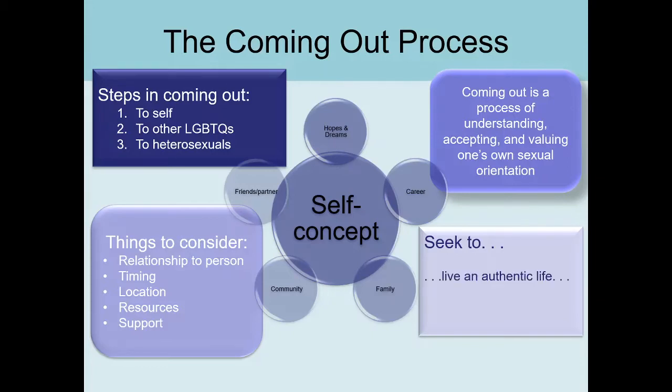Overall, what you're seeking to do is to live an authentic life while also avoiding discrimination and rejection, right? We would all like to live our true, authentic selves, where we are being honest with ourselves, not being full of denial or any of those things that John Gottman says are so harmful in relationships, where we're stonewalling or not really wanting to deal with the truth. So all of us are seeking to live authentic lives, and all of us want to be loved.